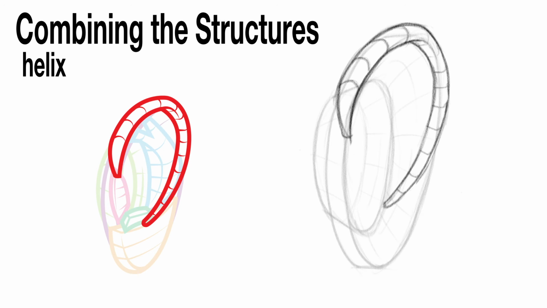Next, we can draw the helix. We want to position it as it's illustrated here against the plate. We want to create it using this U-shaped tube. Even though it's a folded form, thinking of it as a tube or a cylinder actually helps us set up the placement. We can then cut out the part of that tube to show the folds a little bit later on. Now we can draw the antihelix.